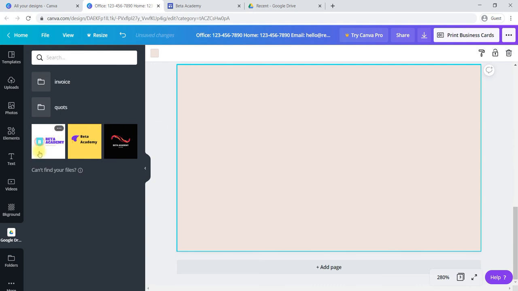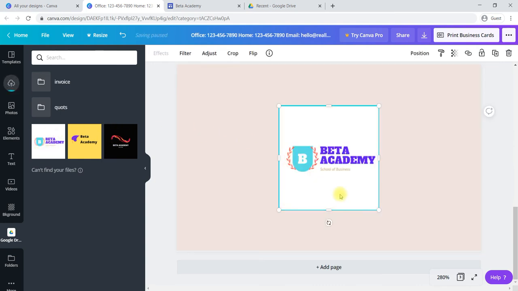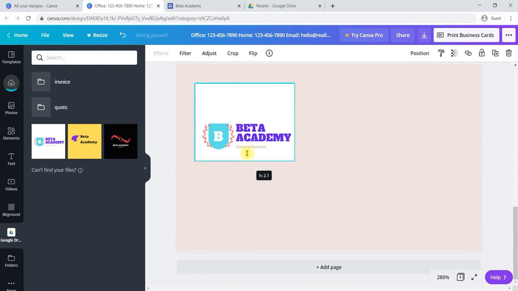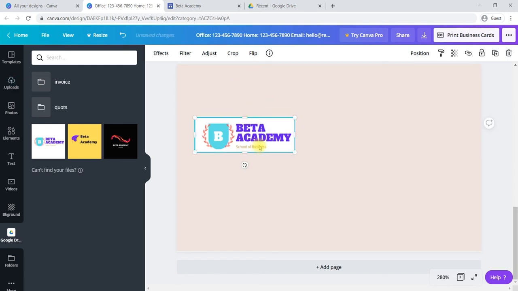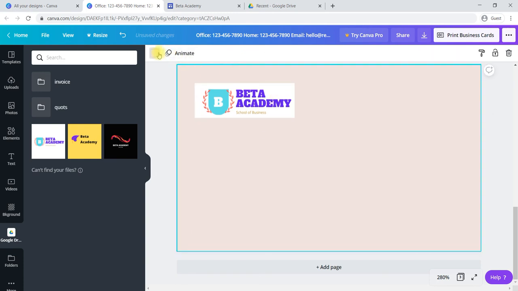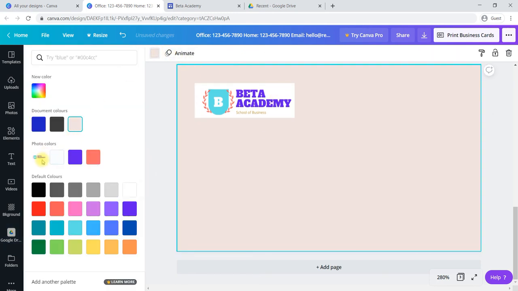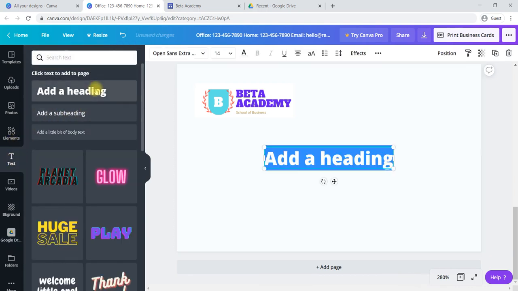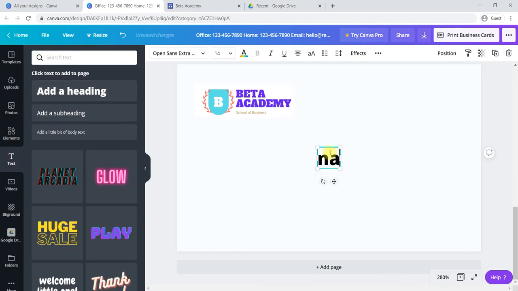Here you can select, for example, I will add a first one like this. Crop the image, and background color I will make white. Then we can give the name by selecting text, heading, name.